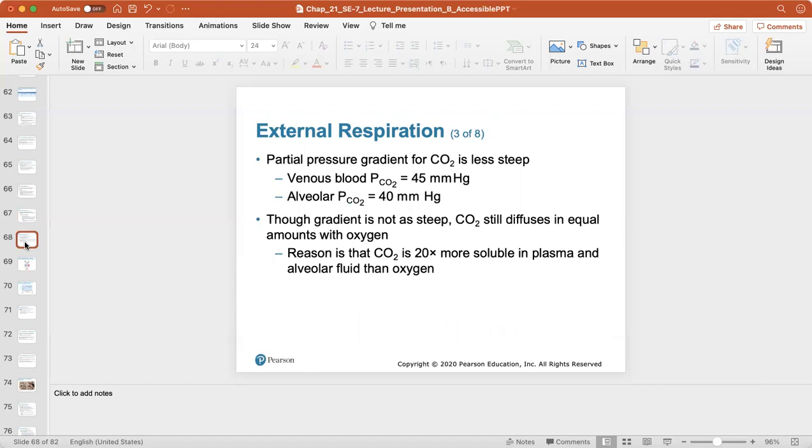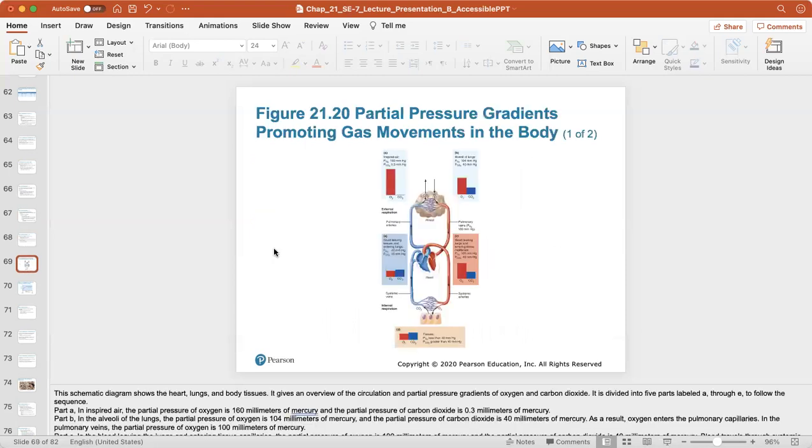The partial pressure gradient for carbon dioxide is less steep. Even though the gradient is not as steep, carbon dioxide will still diffuse in equal amounts with oxygen. This is because carbon dioxide is 20 times more soluble in the plasma and alveolar fluid than oxygen. What I want you to focus on here is that these partial pressure gradients promote gas